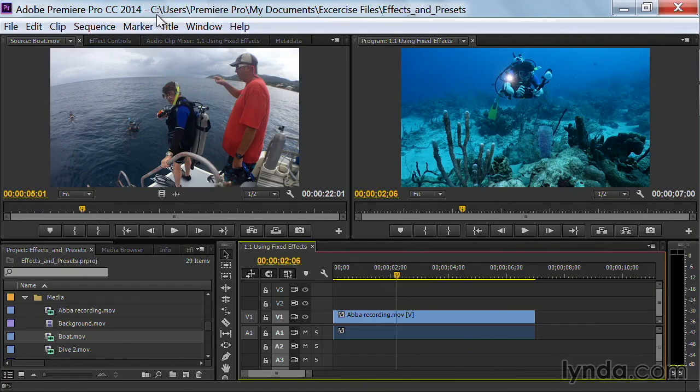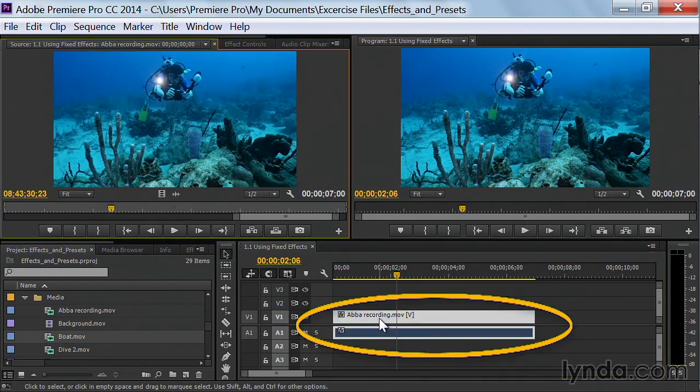Now, these are actually effects that are already on every clip that is in your timeline. Now, if you go down and select the clip in your timeline and make sure that you load the clip from your timeline into your source monitor. As you see on my screen, I have a different clip in the source monitor than I do in my program monitor. So I'll simply double click on that,